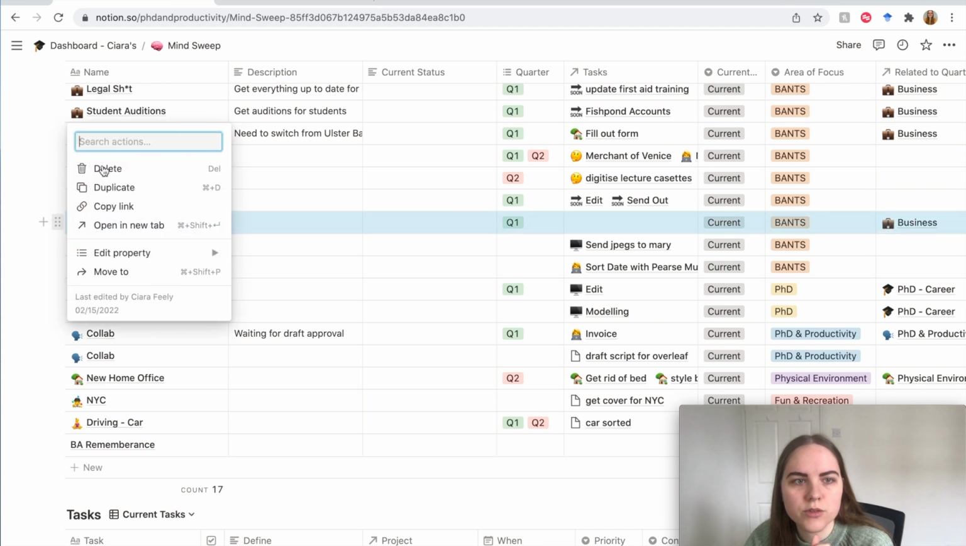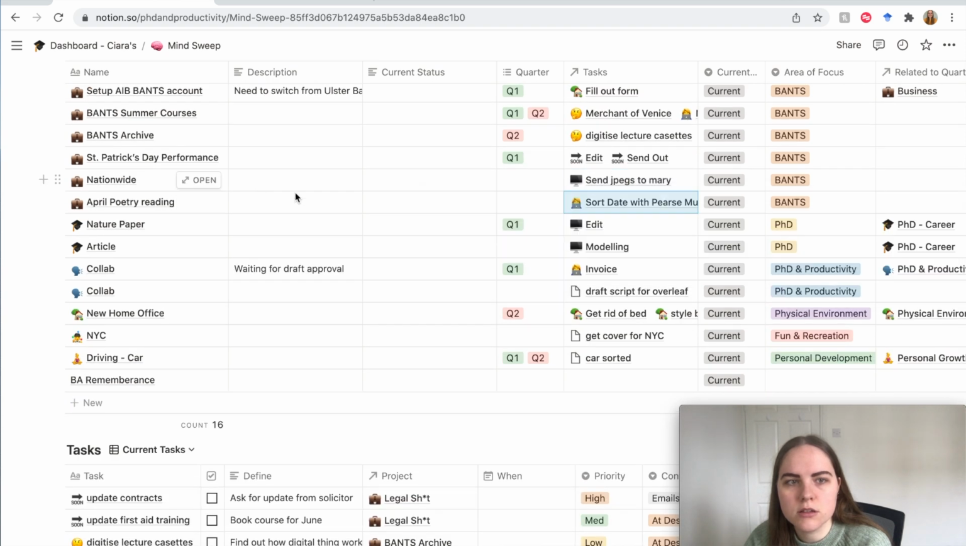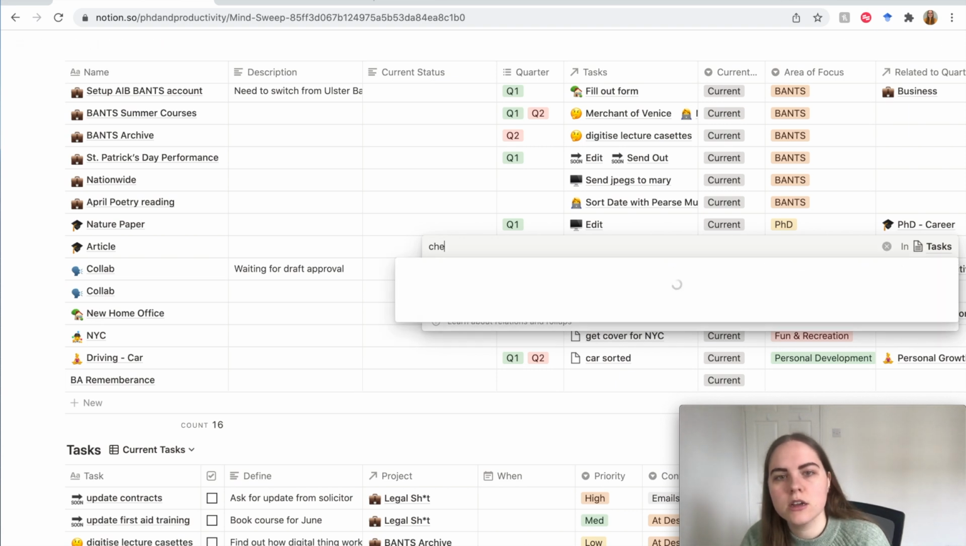So we've got all the performances sorted, so I can get rid of that. This I need to do, that's there. This I need to do, that's there. Yeah, need to do that. I think I need to add a few tasks in here. So I want to check